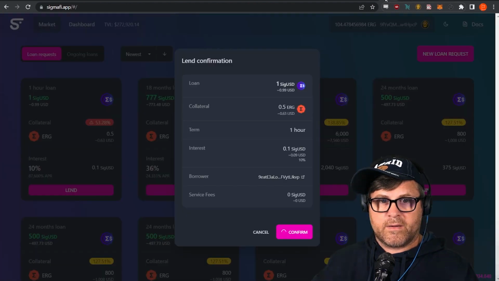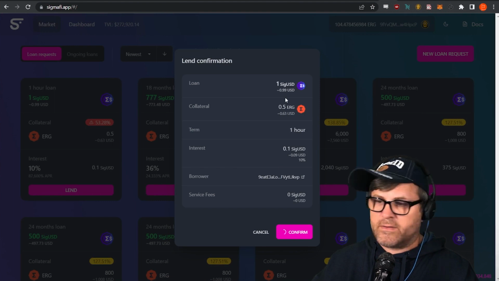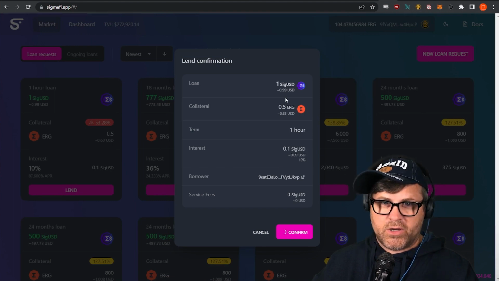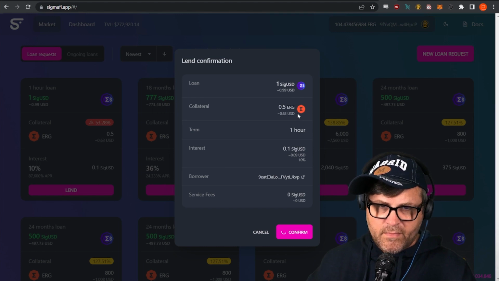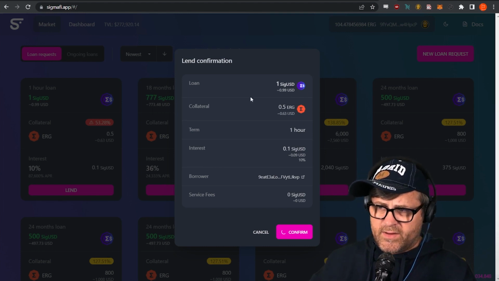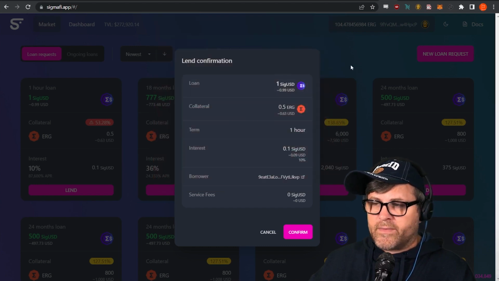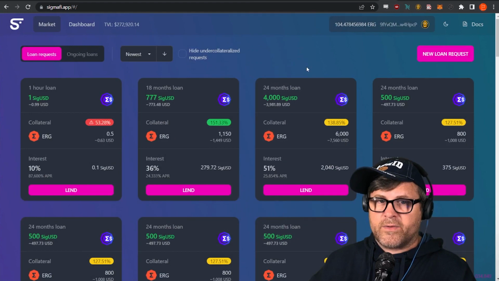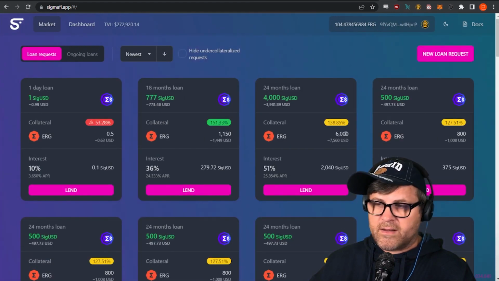Okay, let's close that window. Let's see what is going on here. So this is a good, I'm glad this is happening. This is a good time to have Ergo Monitor installed on Telegram so that you know if the UI is failing you. Yep, so we know that it did not go through and our UI has failed us as opposed to